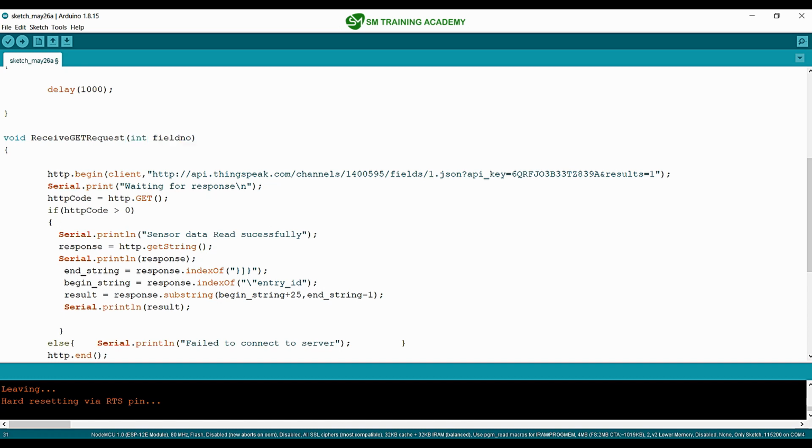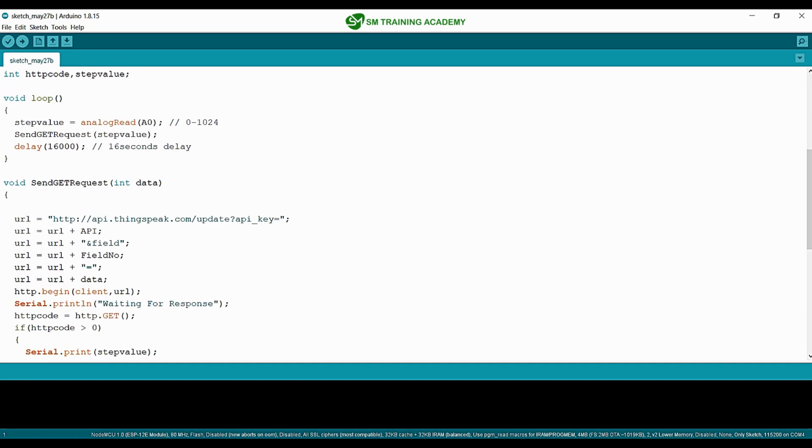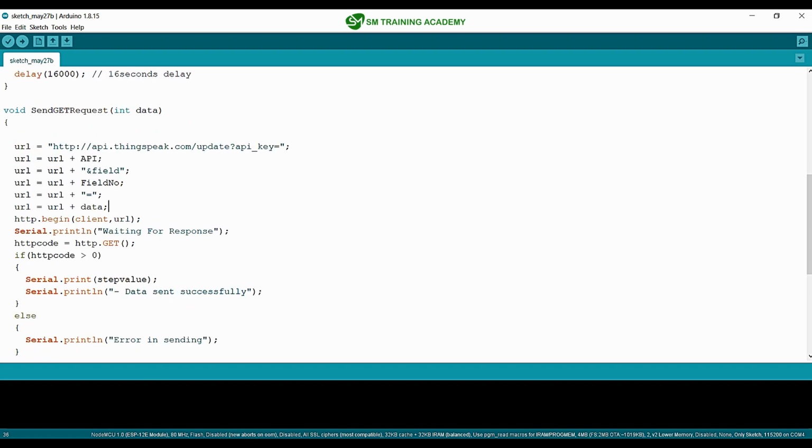I'm going to use the same methodology that I used in the program for writing data to the ThingSpeak server channel. That is the program that we wrote for uploading the analog values to the channel available in the ThingSpeak server. Here we split this URL string, that is the GET request, into several parts, and we stored the API key, field number and the data that we want to pass into separate variables, and then we passed that string variable directly onto this HTTP begin function.